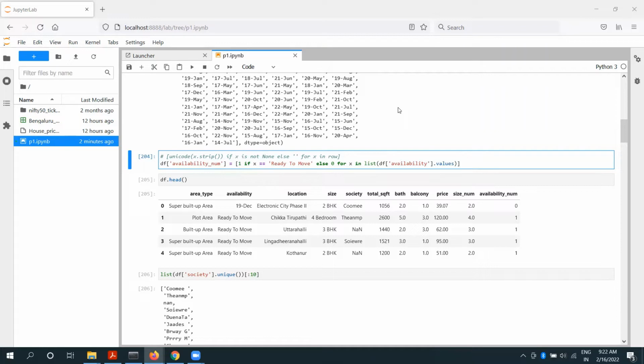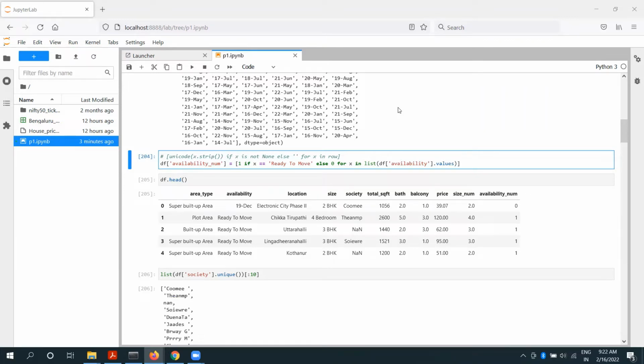Let's say you get a data set right over here, you saw a couple of things in these few minutes. Like we could have null values in our data. What do we do with them? How do we deal with them? Should we drop all of them, or should we drop some of them? We didn't drop all of them, we dropped on the size column only. And what about the other columns such as availability, which we could convert into a number,